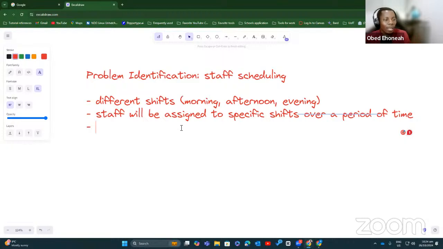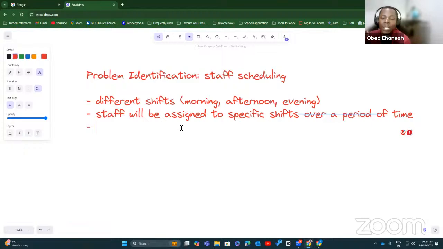Then the last thing that I'm really interested in is the ability to swap shifts, because I've talked to a couple of people who work in this sort of shift system, and there are times that, hey, I have a shift this morning, but then I can't make it because something came up. However, there's a colleague of mine that I know who isn't going to be working today, so I can talk to them so that they do my shift for me.